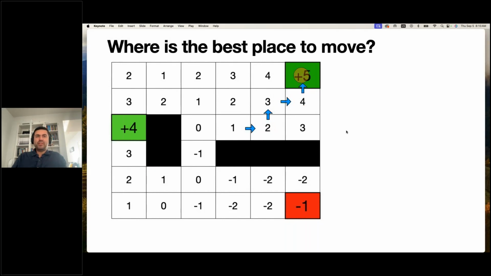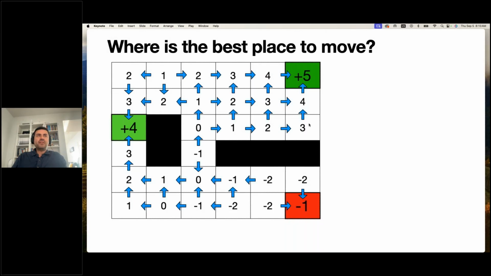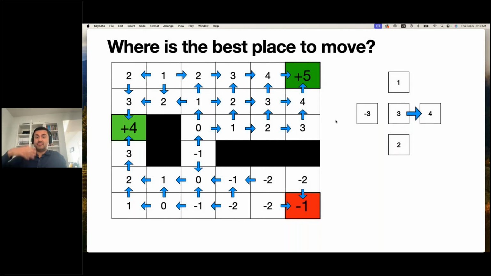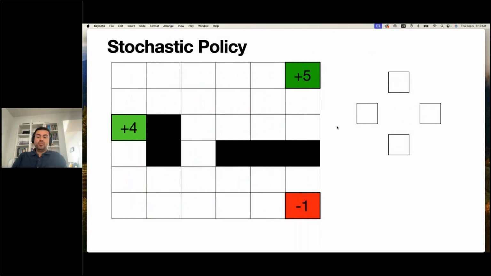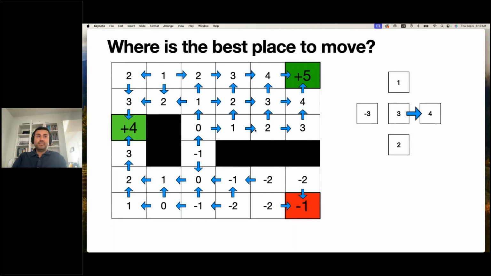If I put an arrow from each number to the biggest number around it, I have a perfectly good policy, right? Because I'm walking, adding the most I can. So if I'm here and I follow the arrows in whatever way I want, I guarantee to do as best as possible. All right. Normally this is a deterministic policy that tells me an exact thing to do. Sometimes I have options, but they get me to the same place.